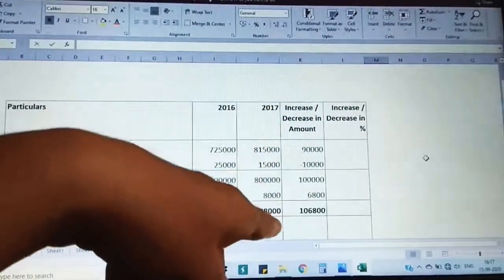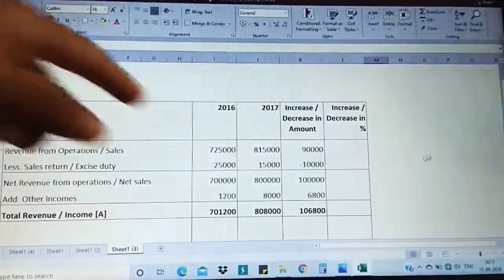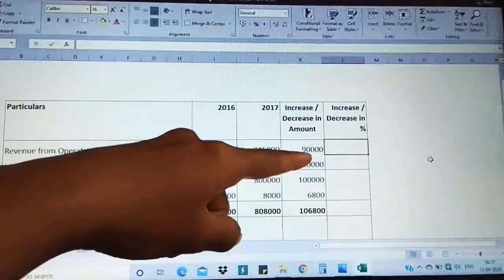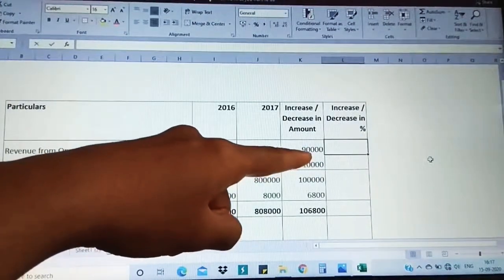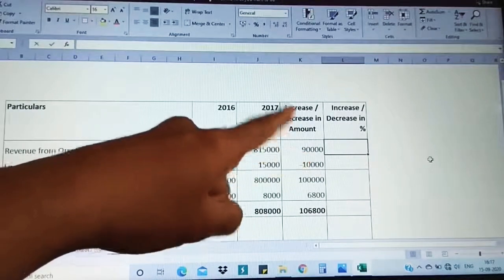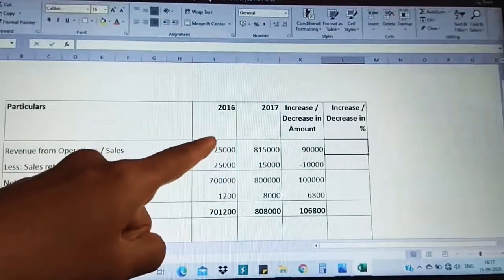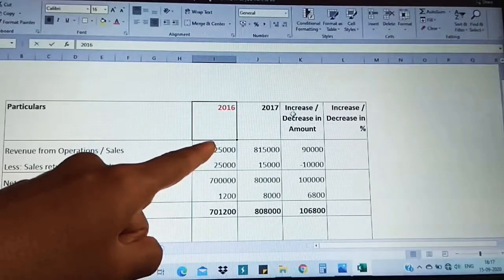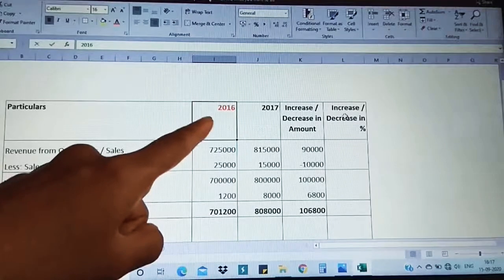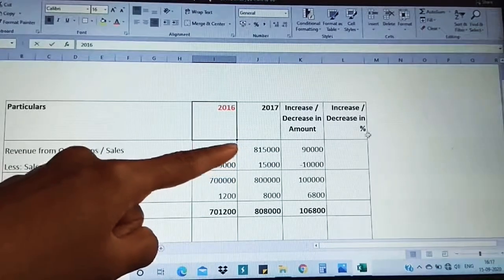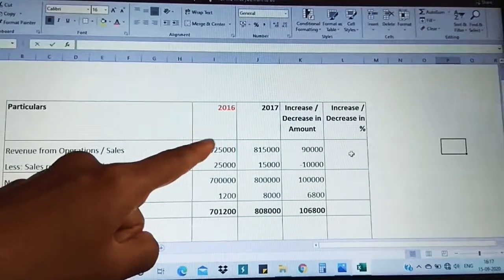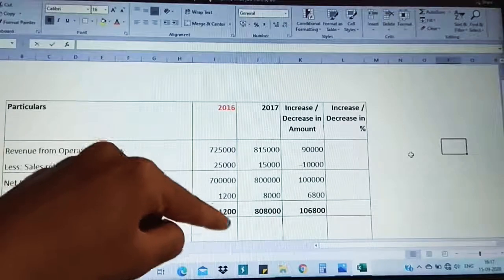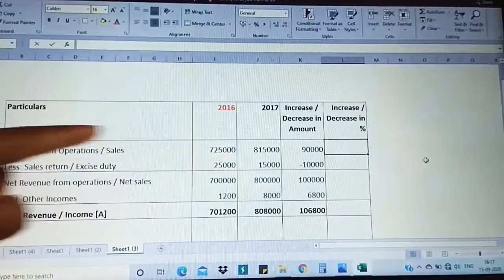You are comparing the present year with that of the first year. Now going for increase or decrease in percentage. How to calculate this? You got this amount, right? Increase or decrease, the difference amount. Take that, divide by the first year. So this is going to be the base year. Let me highlight this with the red color. So this is the base for the calculation of increase or decrease, always for the division. So I've just marked it in red color. Observe, this year's value will be the base for the calculation for each year.